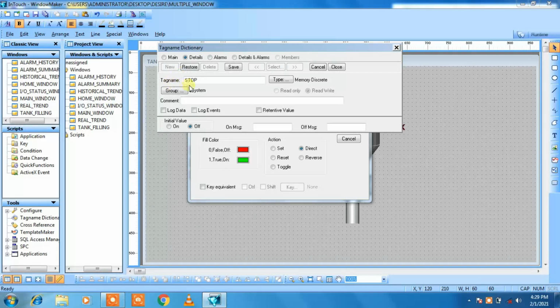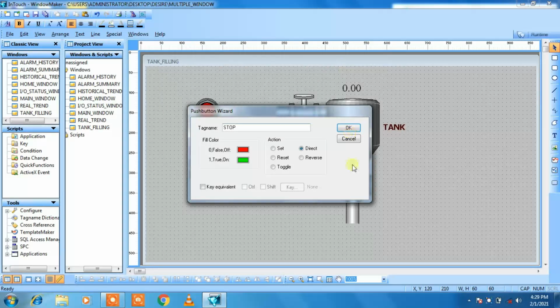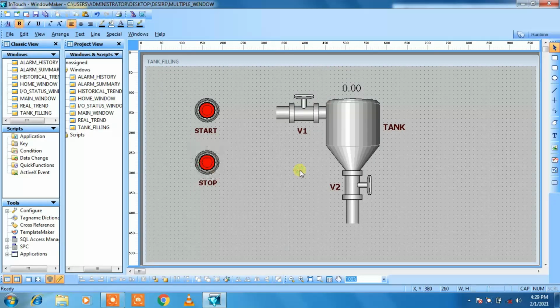Here the tag name is stop, that we have given previously. Okay, then tag type is memory district, similar to the start button. So just save it and close it. Click on OK. So now we have to define wall 1 also.